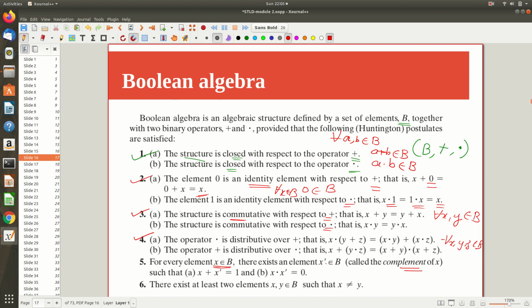So there are different ways of representing complement, maybe negation x. Some people in propositional logic might see this notation, or sometimes it may be represented like this, or simply say x complement this way. Anyways, in logic system design, you might be seeing this notation for complement. And the requirement is that any element with respect to the first operator, that is plus, its complement should give you the identity element.